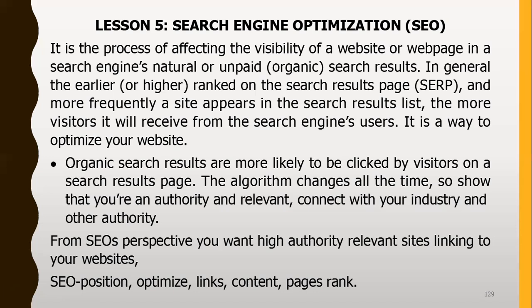So when we say we want to do SEO, we're trying to say we want to optimize, we want to make our content, our website visible to search engines, so that when people are trying to search for items, they don't need to know us, they just need to search for some keywords, and they can get to us. So when somebody, for instance, says digital marketing training, maybe in a particular location, all of the results that he gets there are called organic search results. And that particular page, you call it SERP, search engine result page.